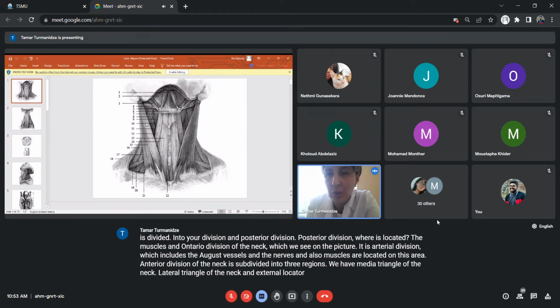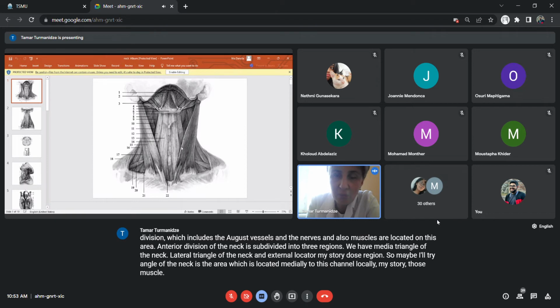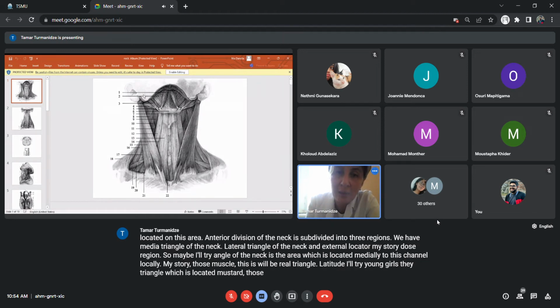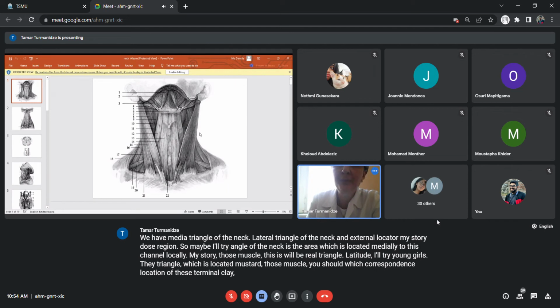sternocleidomastoid region. So, medial triangle of the neck is that area which is located medially to the sternocleidomastoid muscle. This will be medial triangle. Lateral triangle is the triangle which is located laterally to the sternocleidomastoid muscle, and sternocleidomastoid region corresponds to the location of the sternocleidomastoid muscle. Medial triangle